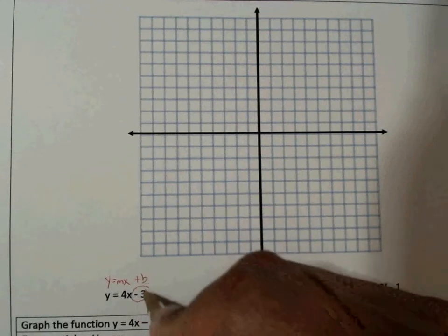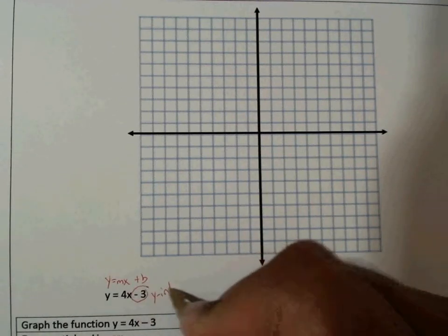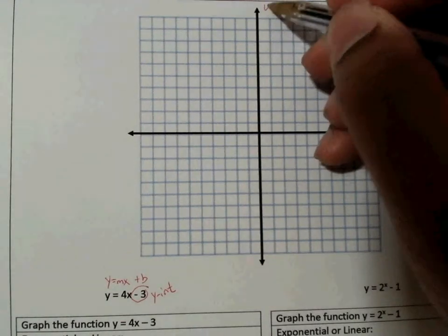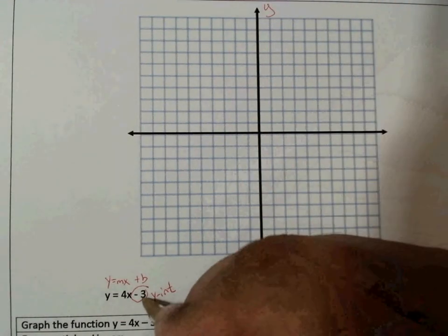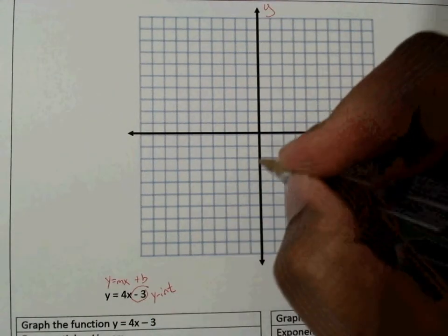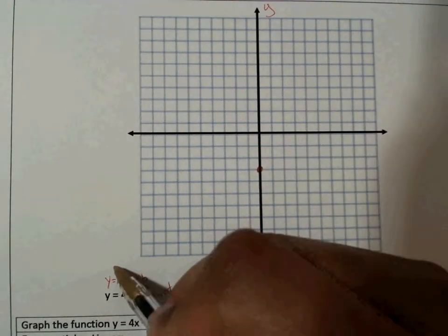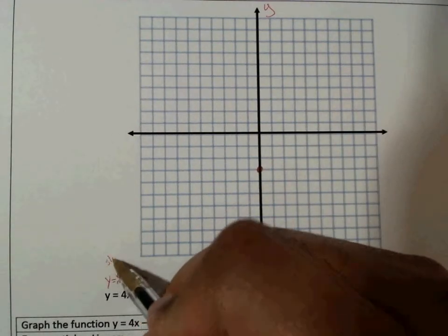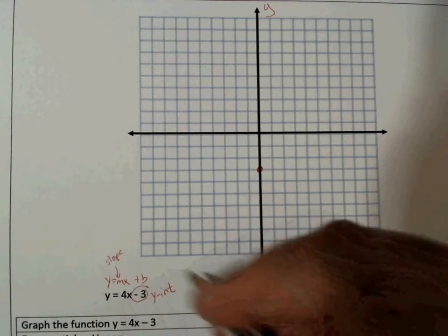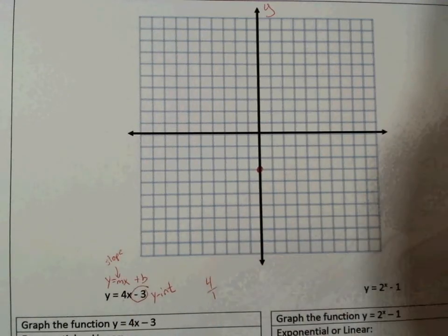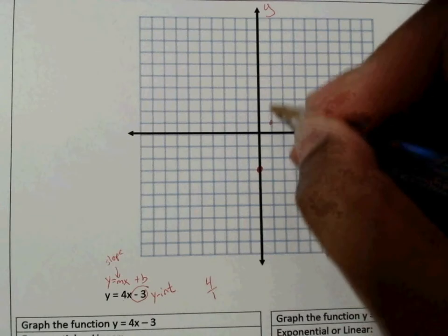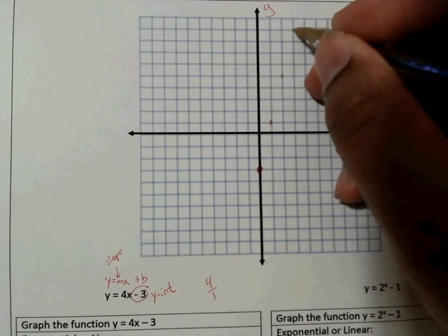We know that this is our y-intercept, and we know all y-intercepts will cross the y-axis. So we have a y-intercept at negative 3. And then we have a slope, which is our m, of 4. So our slope is 4 over 1. So we're going to go up 4 over 1, 4 over 1, up 4 over 1, and then we can